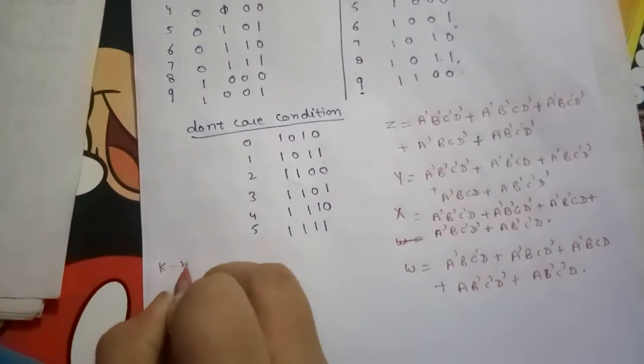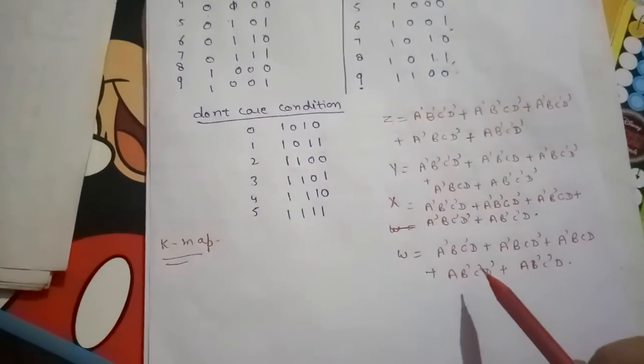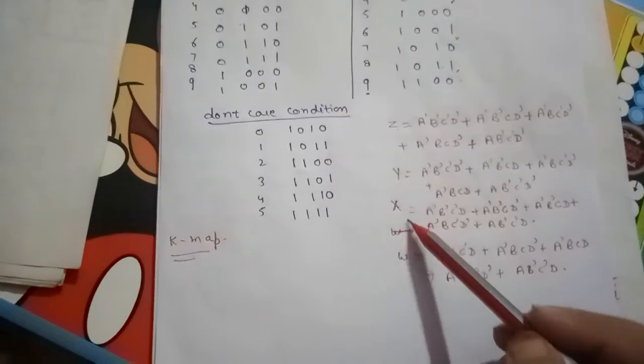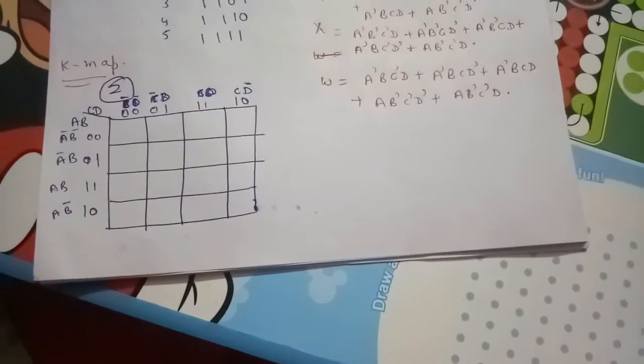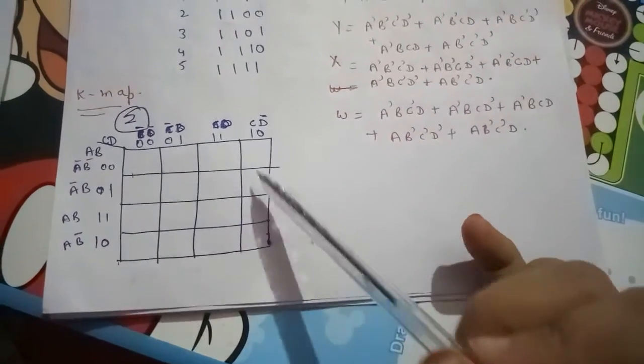Further, we have to minimize these functions. For minimization we will use the K-maps. We have to design K-maps for all 4 variables: z, y, x and w. So let's create the K-map for the z variable. For the z variable we have 4 inputs, so we have to design this 16